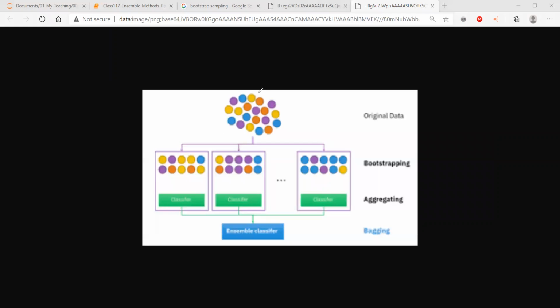Let me take the pen. So I have all the samples over here. This is the original data. From the original data, I'm using one bootstrap sample. This is sample number one. In sample number one, majority are orange. No, these are the yellows. So the majority ones are the yellows, but then there is a mixing